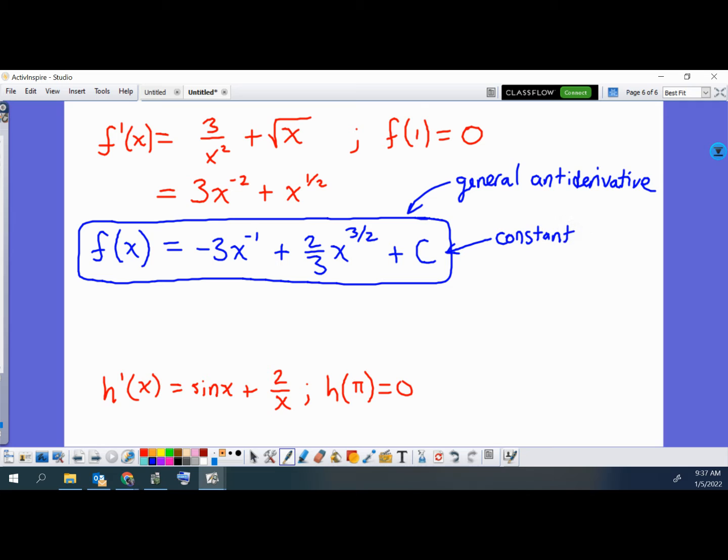But sometimes, in some contexts, we can actually solve for c. And this is that context because we are given what's called an initial condition. So if you weren't sure what to do with that before, this is where we use it. Once you get that general antiderivative, you just plug it in and you solve for c, and then you can write what's called the particular solution or the particular antiderivative. Okay? So go ahead and plug it in. If I plug in 0 for y, 1 for x,